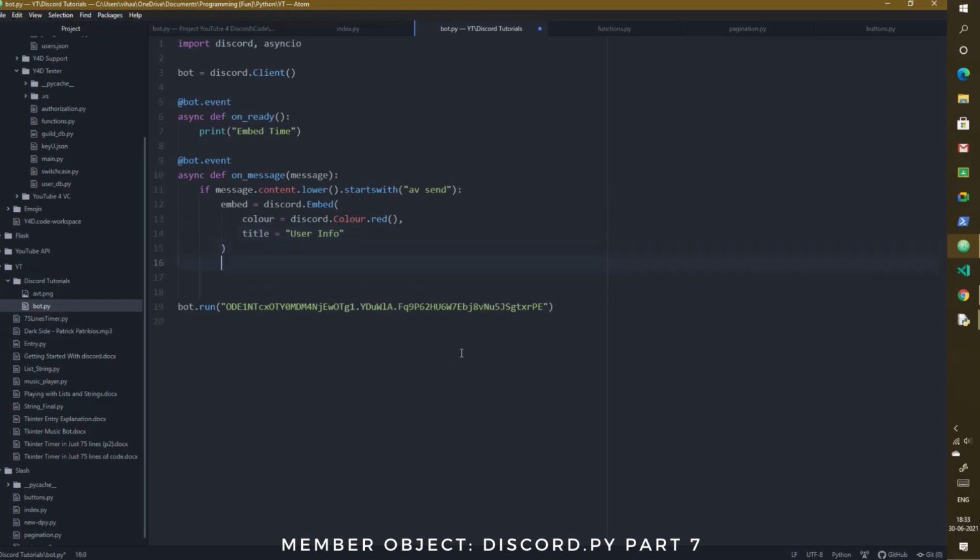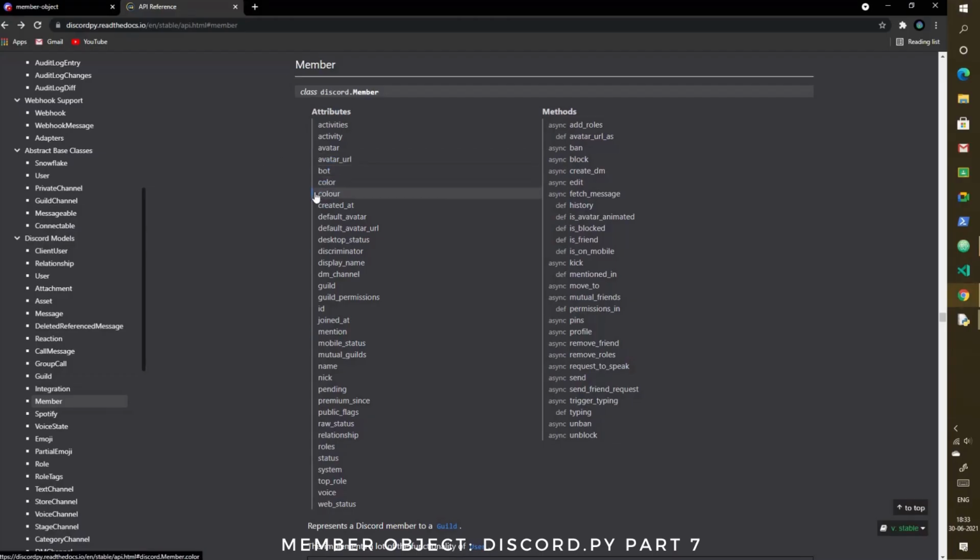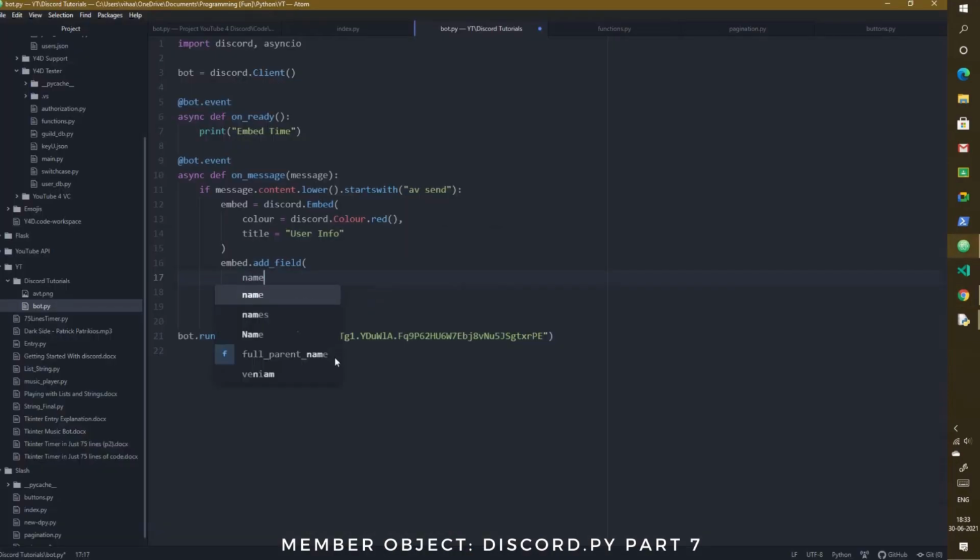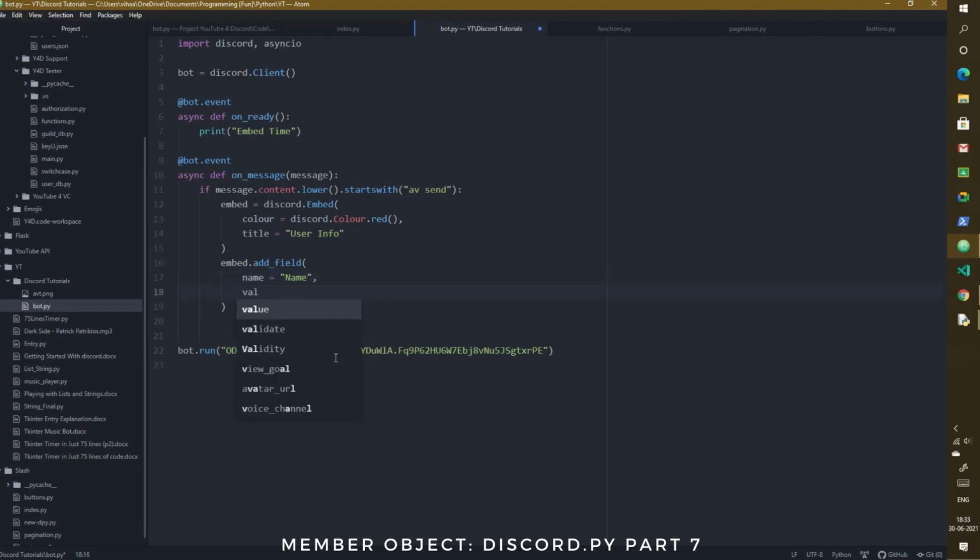So let me add a field, embed.add_field. I'm going to put the name of this one as name, right? So name is equal to name and value. Now here's where the stuff comes in.